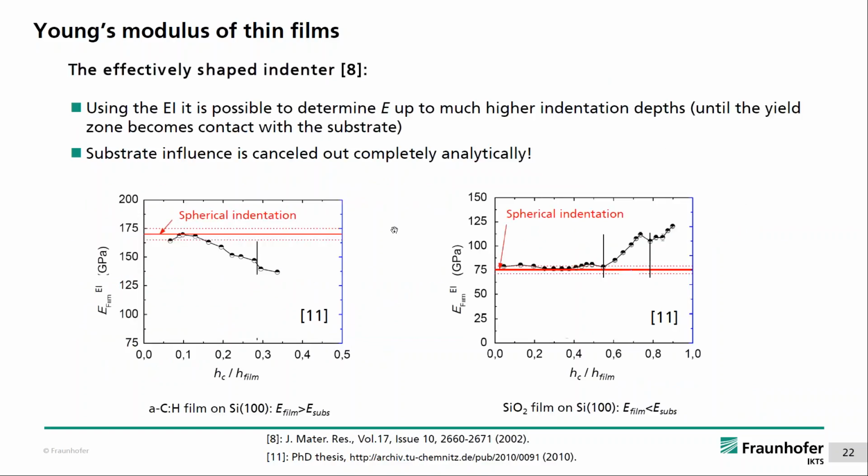And here a short proof that it works. So we have seen before that for normal data treatment you need, let's say, 1% of indentation depth to film thickness to get values for the elastic modulus of the thin film. And here we have the same ratio, and you can see that using the effectively shaped indenter you can get, for this compliant film on a soft substrate,